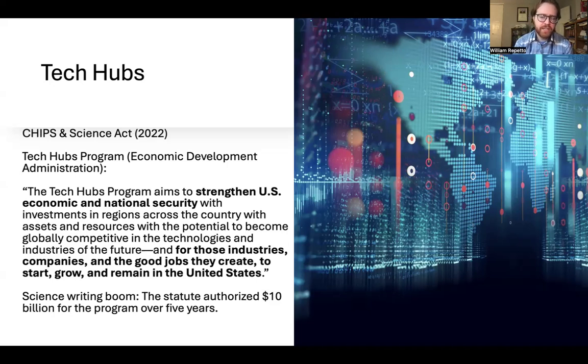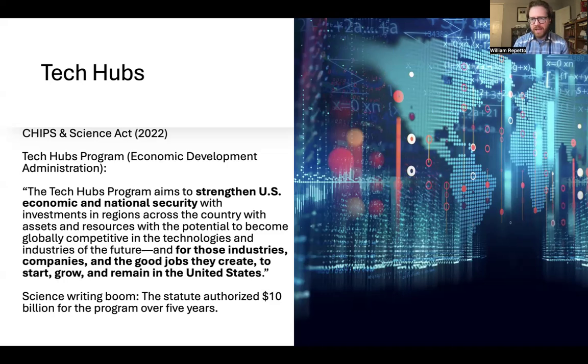Economic and national security with investments in regions across the country, with assets and resources with the potential to become globally competitive in the technology and industries of the future. And for those industries, companies, and the good jobs they create to start, grow, and remain in the United States. And so again, you can hear that really important political language, that important science language, that important technology